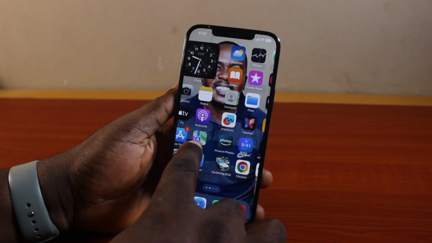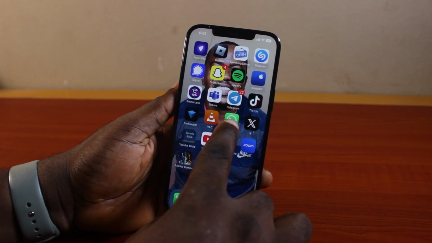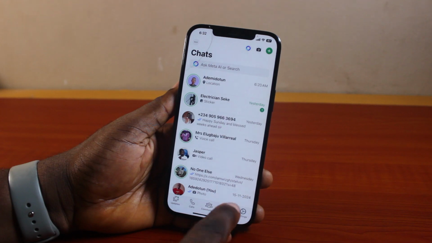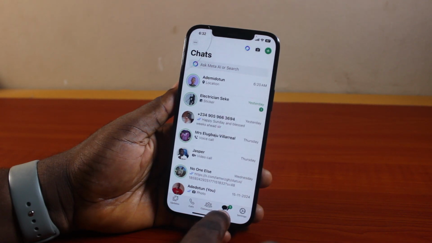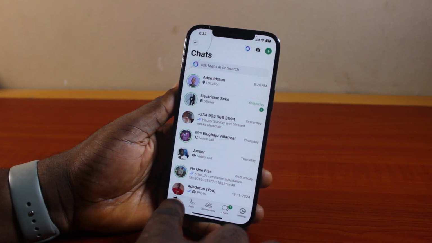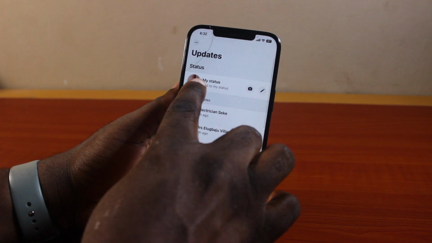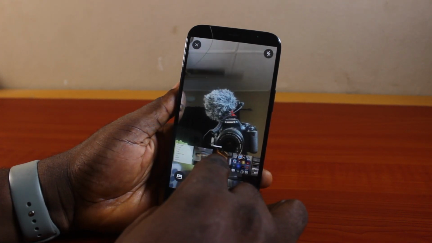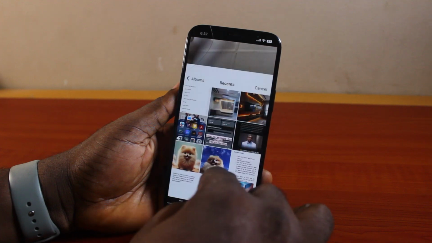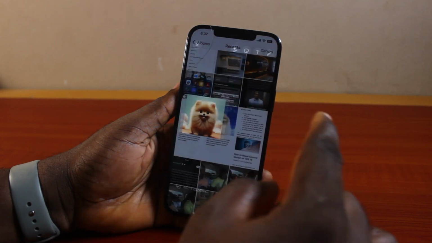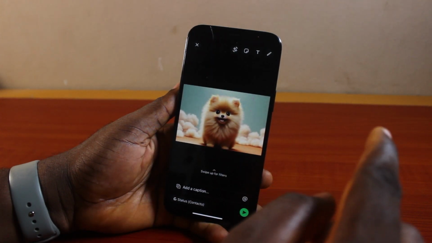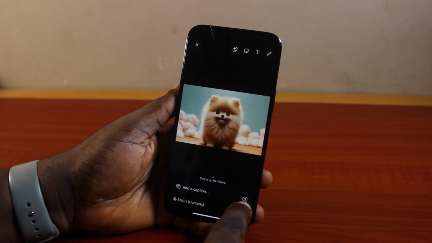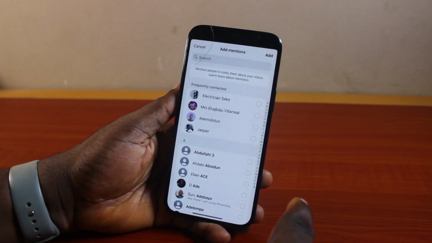Now, once you're done doing that, the next thing to do is go ahead and open the WhatsApp application. Once you open the WhatsApp application, go to updates or status. Then update your status on WhatsApp. Here, I'm just going to go ahead and select whatever I want to update as my status. Just like this. Now, to mention someone on your WhatsApp status, you should see @. So tap @ and then